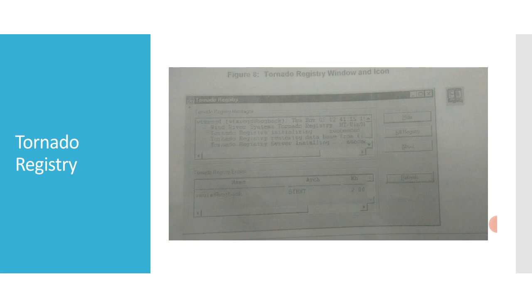It is recommended that a single registry be used at a development site to allow access to all targets on the network. A registry should never be killed. Without a registry, target servers cannot be named, and no Tornado tool can connect to a target. So we'll see host target communication configuration.